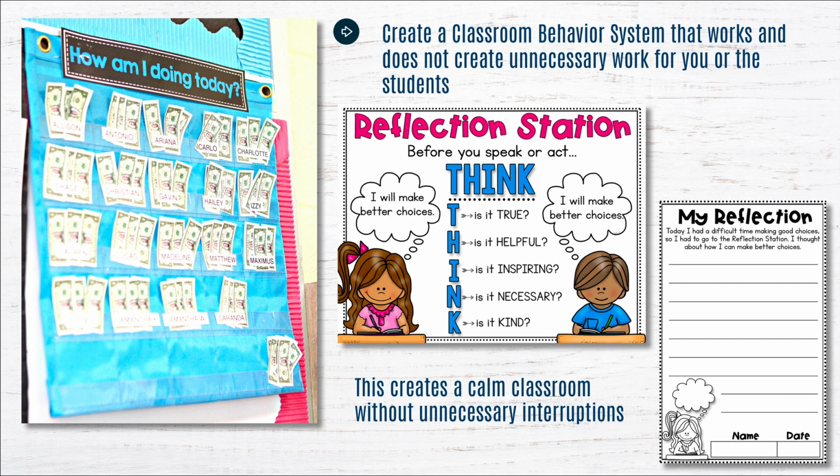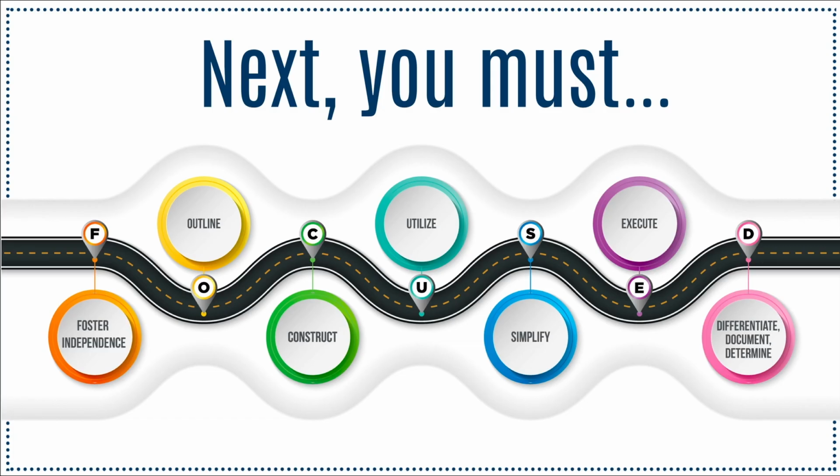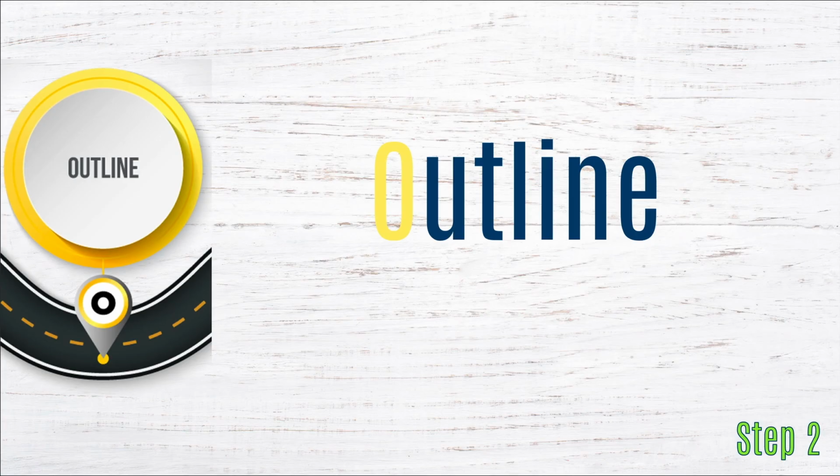It will allow you to not be interrupted during guided reading, which then allows you to have a 15-minute guided reading lesson. So what's next on our road to the focused formula for guided reading success is outline. What do I mean by outline? What I mean by that is